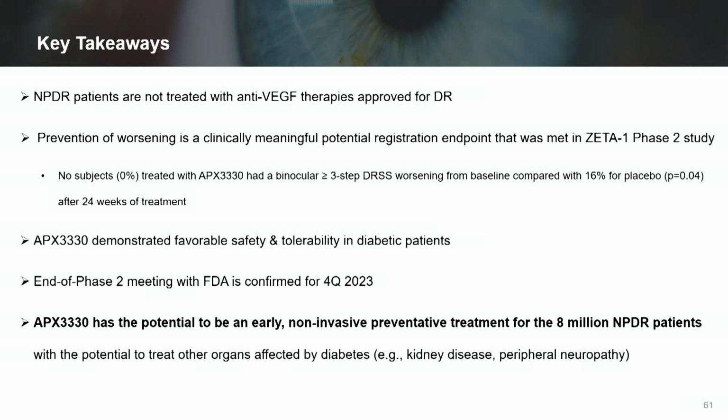So key takeaways are NPDR patients currently not treated with the approved therapies for diabetic retinopathy. APX3330 met the potential registration endpoint in Zeta-1 trial and demonstrated favorable safety and tolerability. The end of phase 2 meeting to confirm this new endpoint of 3-step binocular DRSS worsening will be confirmed with the FDA in Q4 2023. And finally, APX has the potential to be an early non-invasive treatment option for the 8 million NPDR patients, with the potential to treat other organs that are affected with diabetes, as well as a broad prescriber base, including ophthalmologists,